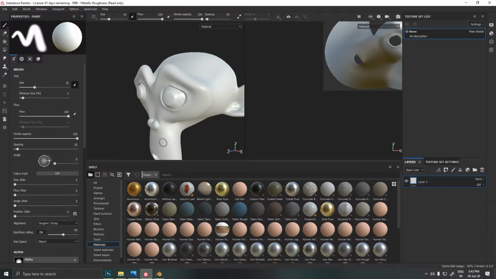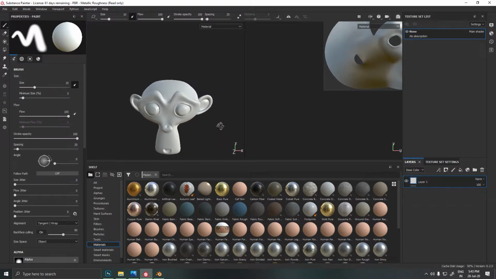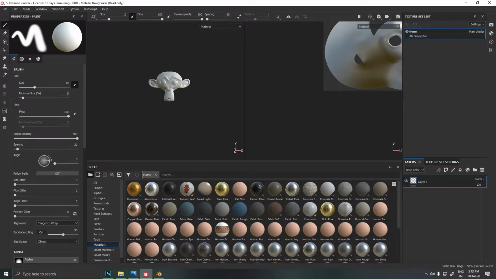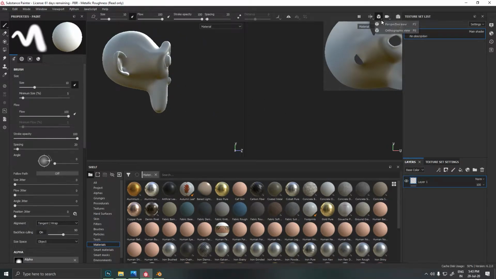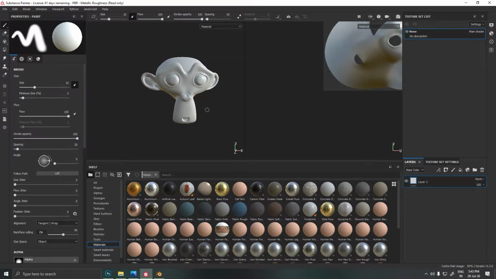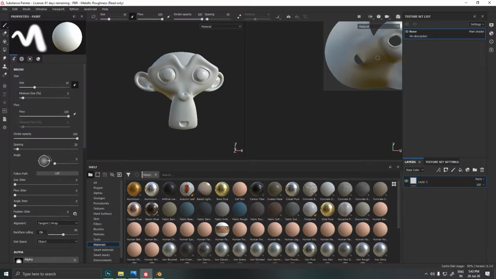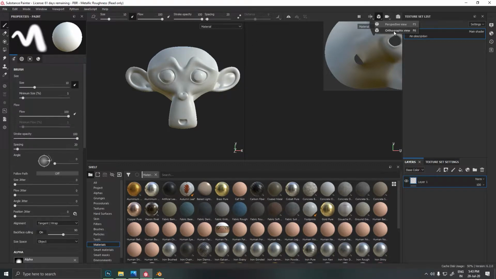Basically, the shortcuts of Painter are Alt and left mouse button to rotate the viewport. Please make sure that if you are working in painting, you turn on the orthographic view. Don't paint in perspective view, because when you have the brush and you rotate it, it becomes very uncomfortable for the person who is painting. Now it's in a perspective view, and in orthographic view you can see the difference. It's more proportionally assigned to a view, like the front view. You can assign perspective and orthographic from here.